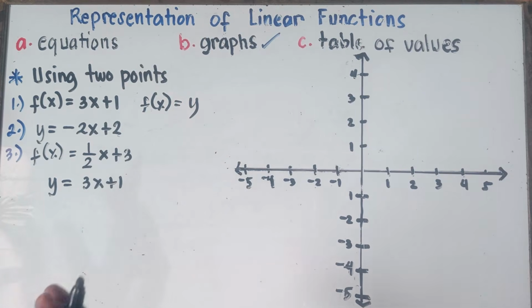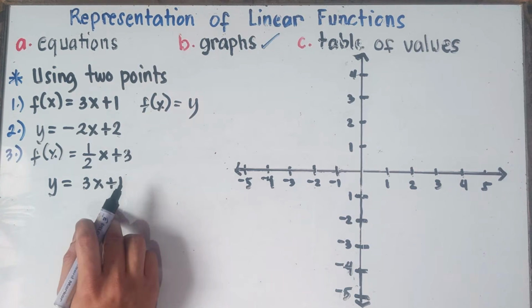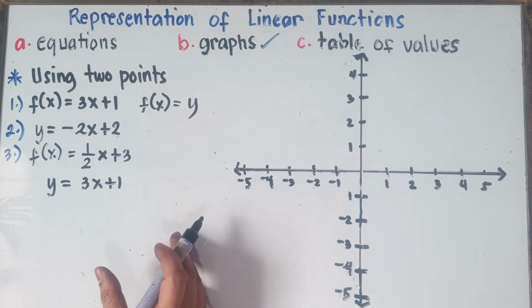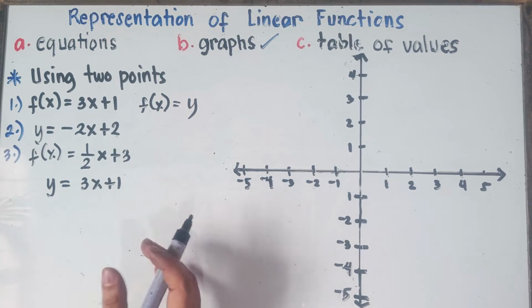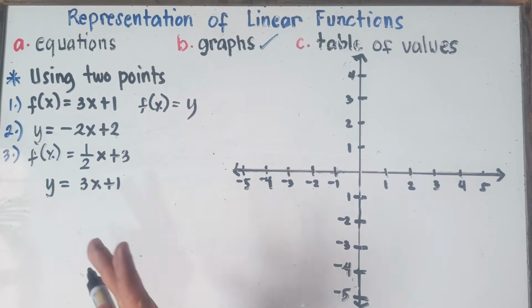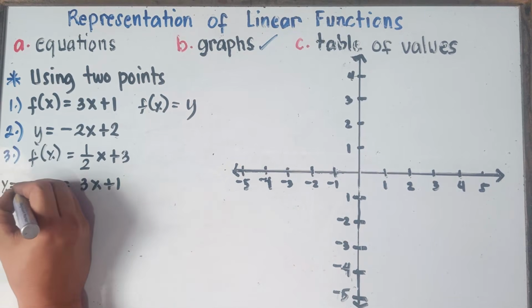So choose any value for x that you can substitute in this given equation. It's better to use an easy number because it doesn't matter, class, which number you choose. You can choose -2, -5, +2, 0, 1, +5. It depends on you, class, which you prefer, because we need to have at least 2 ordered pairs, x and then y. Alright, so let's have x equals 0. Let's have an easy number, x equals 0.